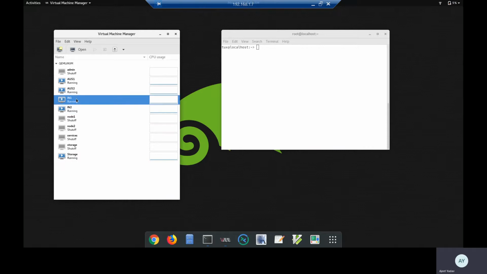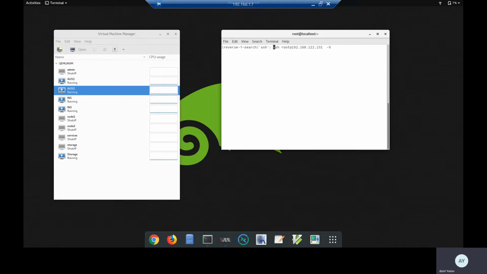I have India 1 and 2 referring to my one site. So I have one site called India, and these two nodes belong to that site. Australia 1 and 2 are the names of the cluster nodes that refer to the second site, which is Australia. So as of now, I'm going to do the practical directly.